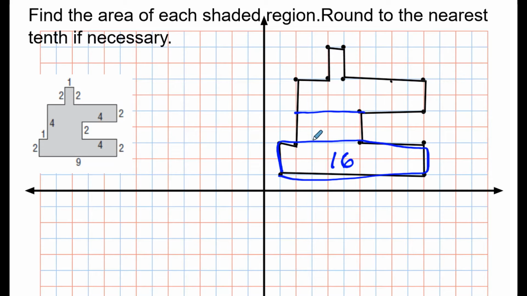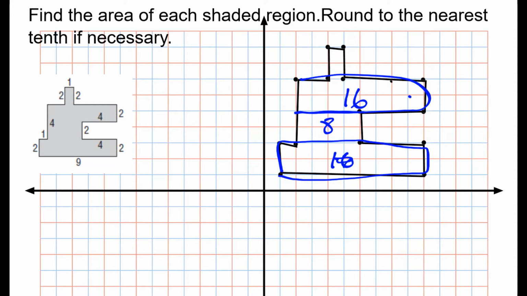I got a 2 by 4 right there, which would give me an area of 8. Up here I have a 2 by 8. Ooh, that doesn't sound right. 2, 4, 6, 8. That'd be 16, which means